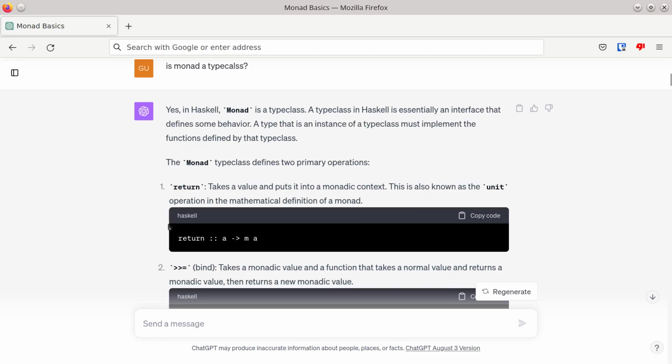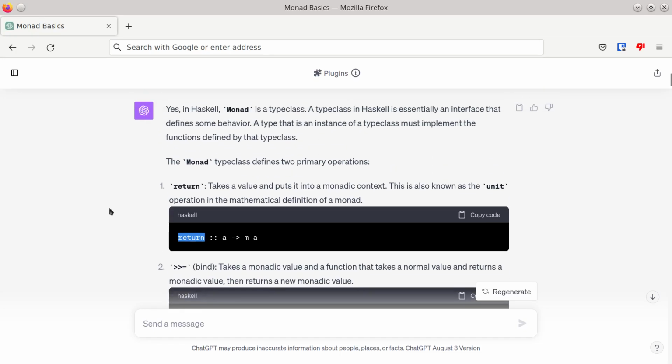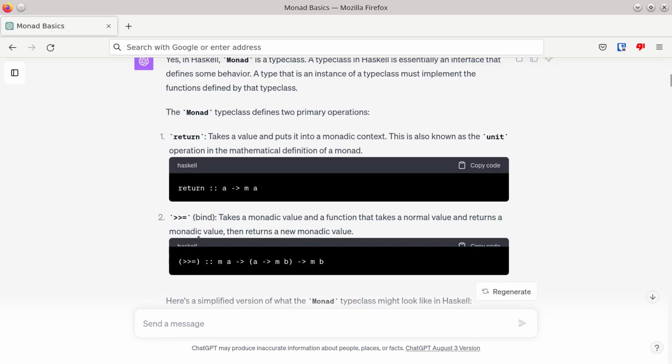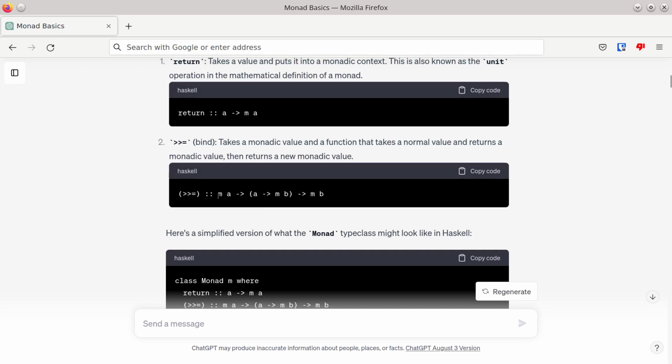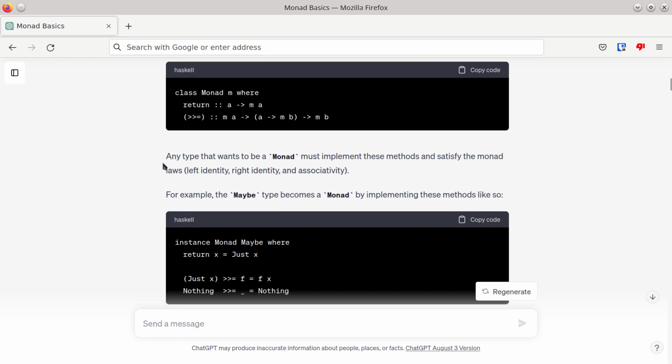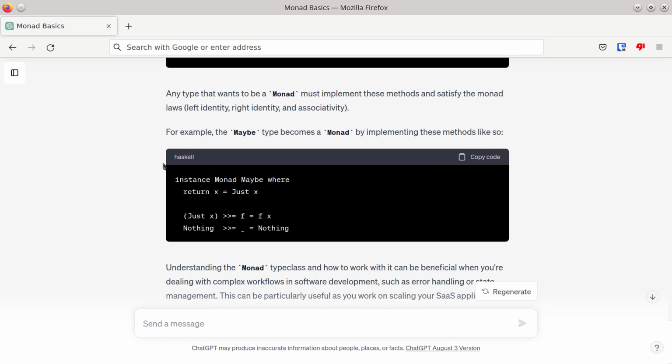So here's the return value that basically says, hey, I'm going to take this value A, and I'm going to wrap it, and give you this wrapped A, monadic A. I don't think return is necessarily the most self-descriptive name for it, although I'm sure a lot of this comes from a pure mathematical background. In an imperative context, I think of return as basically wrap A. That's the way I think about it. Bind takes that wrapped value, applies it to a function, and then gets the wrapped value back. So there's the monad definition there in Haskell. So going back into the Maybe monad,